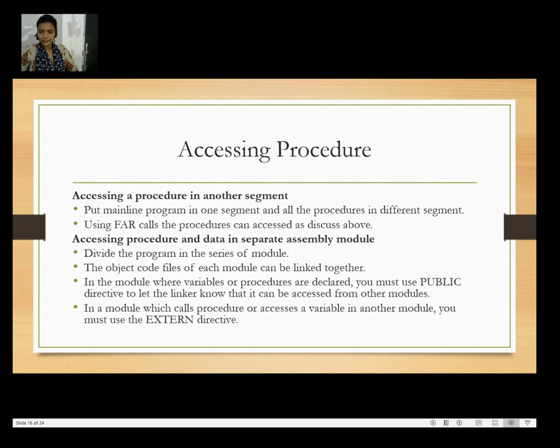In the module where variables or procedures are declared, you must use the PUBLIC directive to let the linker know that it can be accessed from other modules. In a module which calls a procedure or accesses a variable in another module, you must use the EXTRN directive, which is for external.